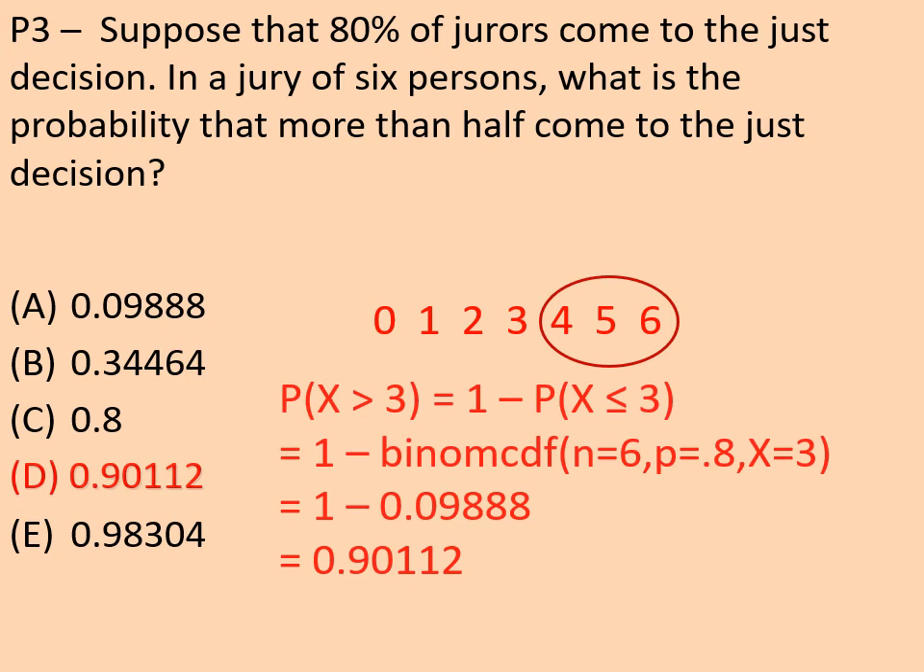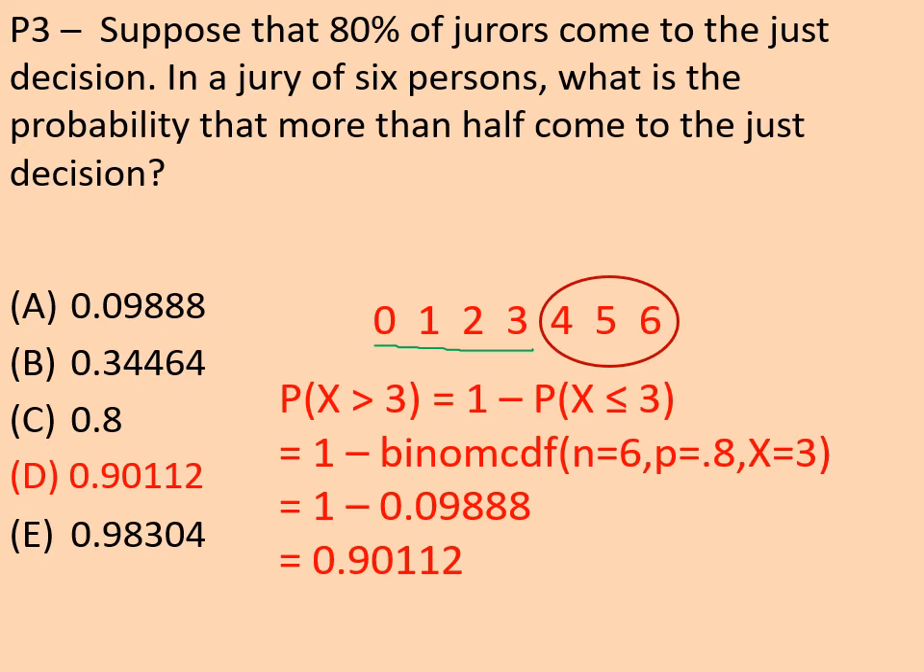All right, so remember, it's helpful if we write down all the possible outcomes, right? We could have 0 people come to the just conclusion, or 1 or 2 or 3 or 4 or 5 or 6. So if we say, what is the probability that more than half, so more than half would be 4, 5, or 6 of the jurors come to the just decision. All right, so that's a binomial situation. Remember, in our binomial calculation, we have to look at these numbers. So we have to use 3 or below. And so we do,